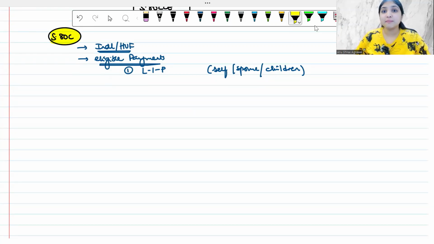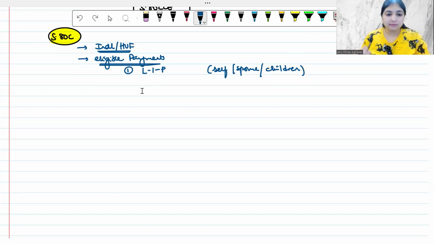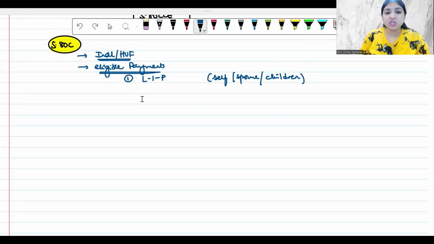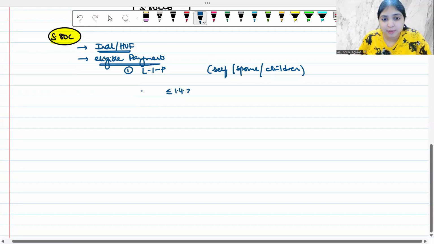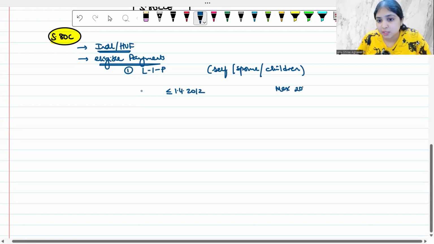Now, children over here may be married, unmarried, dependent, independent, minor, major children, my own children, my adopted children, doesn't matter. We don't have any restriction on children over here. So, point number one, we will allow life insurance premium. But how much life insurance premium will we allow? That depends upon when the policy was taken. If the policy was taken on or before 1st April 2012, then maximum 20% of the sum assured is what we will allow. If the policy was taken